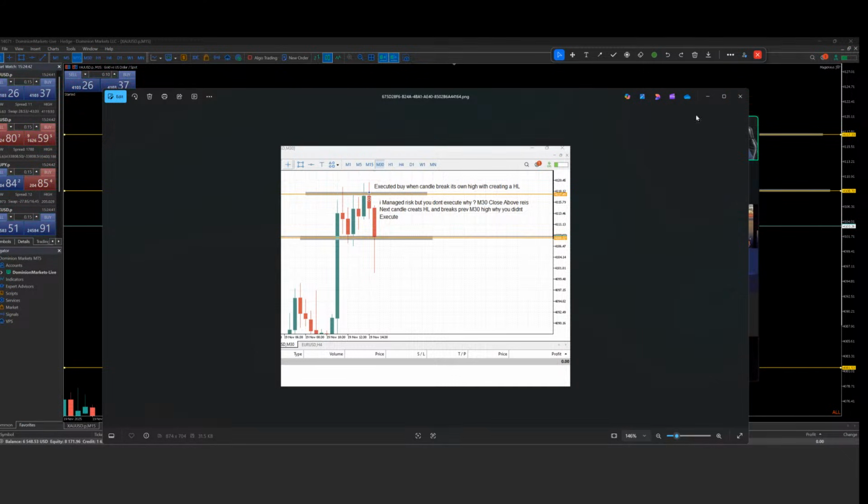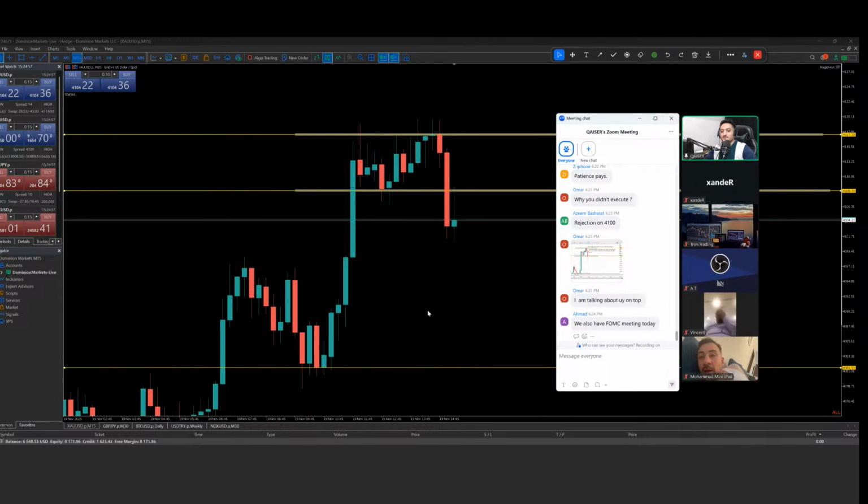And there are just a few minutes left for the opening of NY as well. So that's why I didn't give my trade a chance there. There were a lot of things that stopped me from executing this trade. But I hope you managed the risk very well.